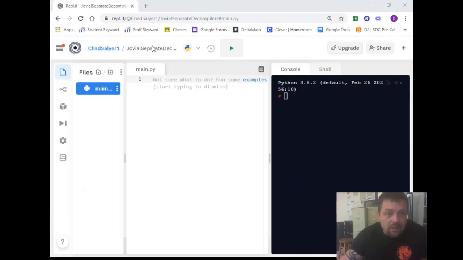All right, so let's go to Replit, repl.it, and you have to make an account, but it is free. Okay, so accomplishing our task. First step, we need to